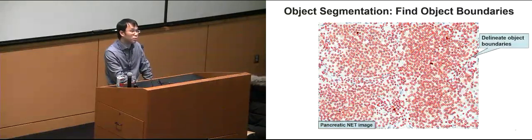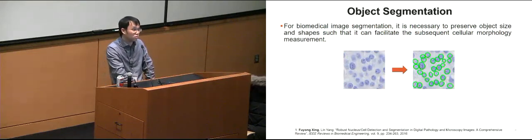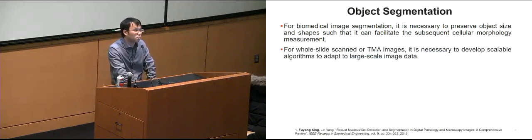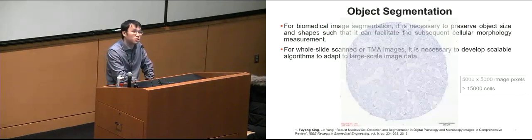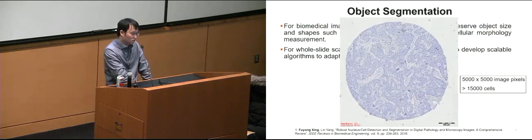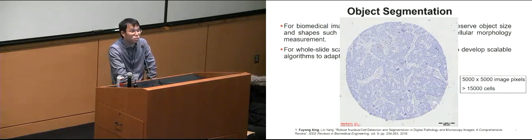So in biomedical image computing, it's very important to preserve the shapes or size when you do the segmentation, because later on, we need to calculate the cellular features for all the objects and then do the classification. Another key point is that the algorithm should be scalable to large or high dimension image data, something like this kind of image dataset. So the algorithm should be robust and scalable to this kind of dataset. You don't want to wait 1 day or maybe 1 week to get the results. So it should be fast.